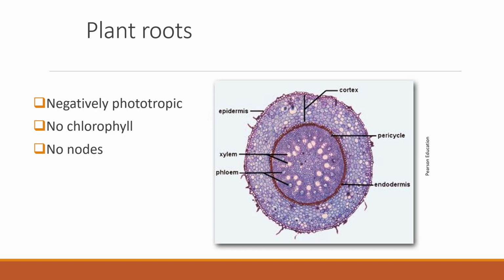There are underground structures that are stems. Think of things like irises, which have rhizomes. Those are stems because they're going to have nodes on them or buds. Potatoes, the eyes are nodes. And just keep in mind that 80% of all plant disorders include soil and root problems. So it's such a huge part of the health of a plant.